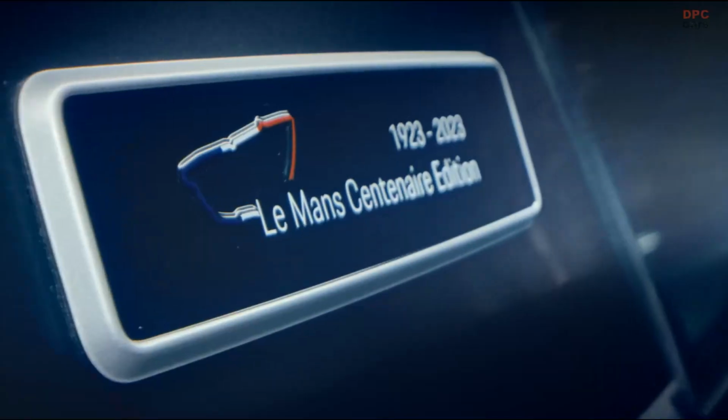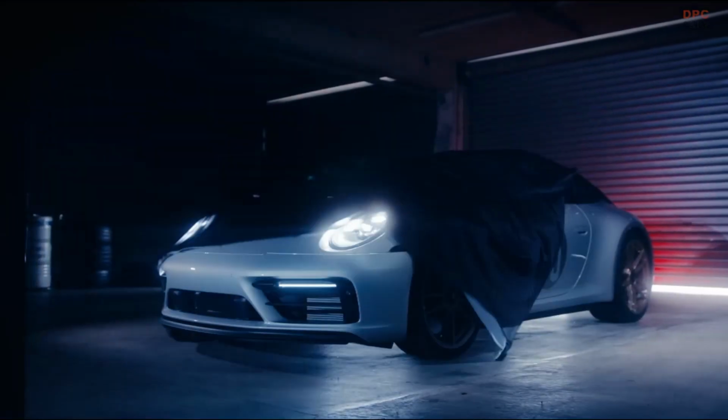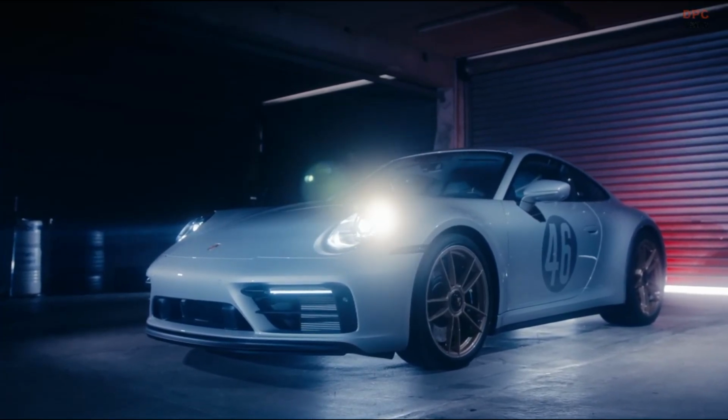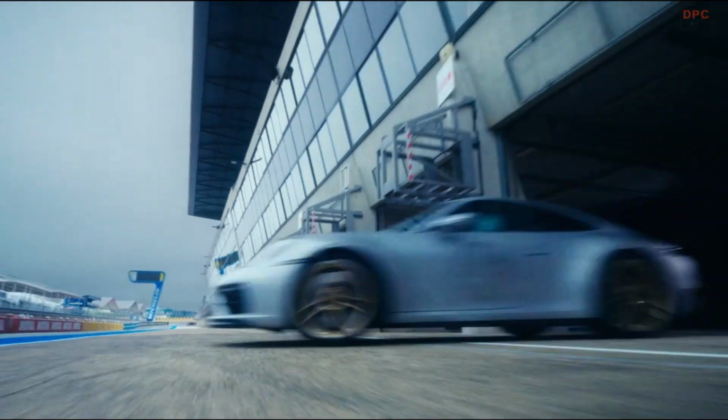€237,819 or $259,600, it offers the choice between a 7-speed manual gearbox or an 8-speed PDK, accompanied by an extensive list of standard features. Unveiled at the Le Mans Classic 2023 event, this special edition 911 Carrera GTS shines in Le Mans